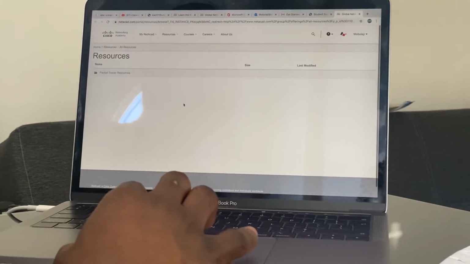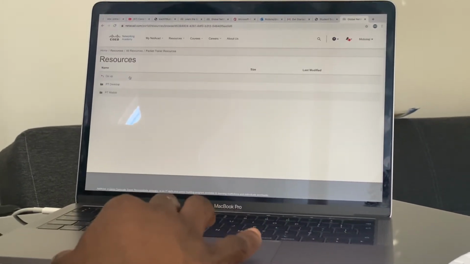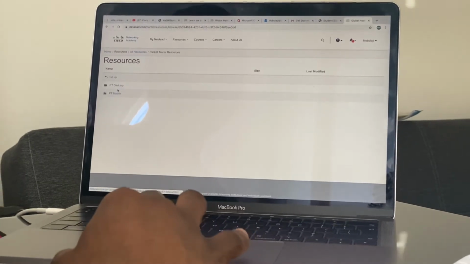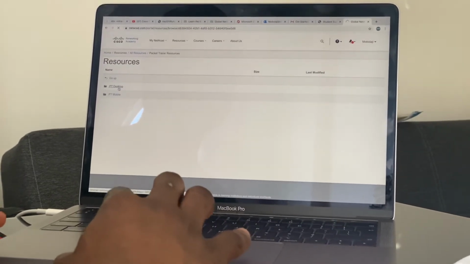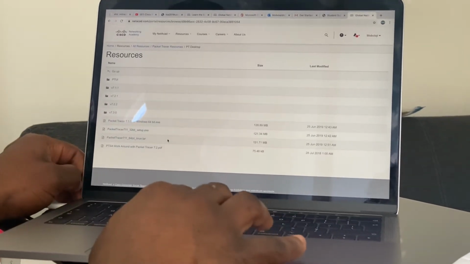Click on that and then click on resources. It depends on what you're using. So I'm using a desktop. I'm going to click on desktop. And because I'm using